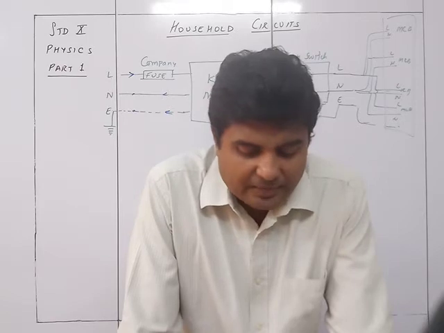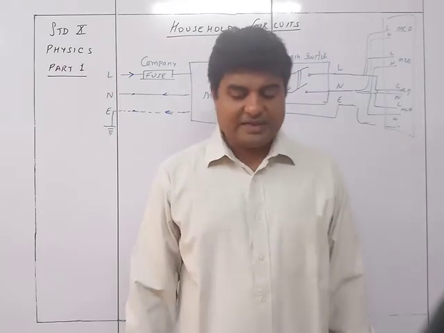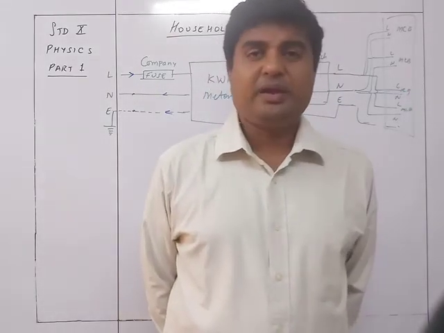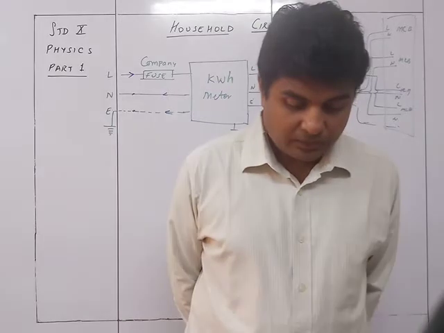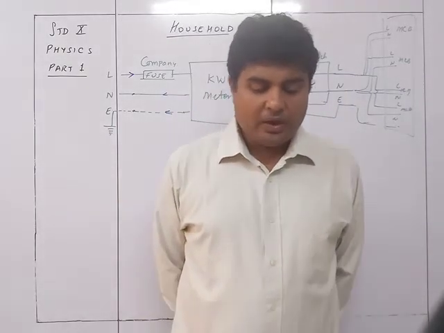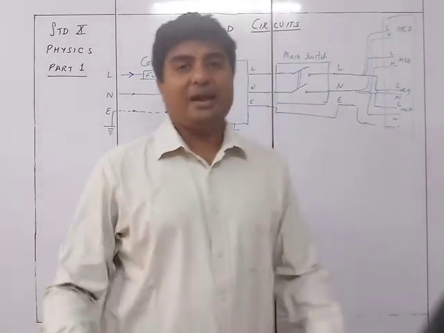From the meter, connections are made to the main switch or earth leakage circuit breaker ELCB, to a main fuse or miniature circuit breakers MCB in a distribution box. The main switch or ELCB is connected in both the live and neutral, while the main fuse or MCB is connected only in the live wire.